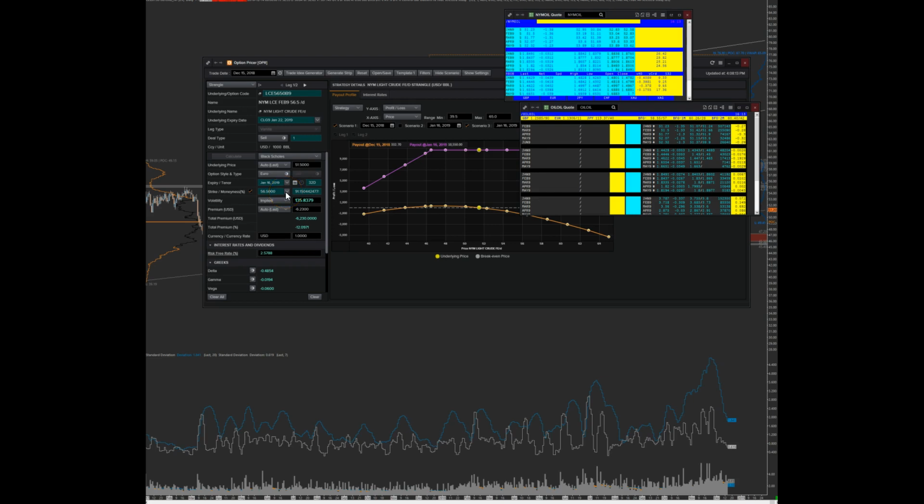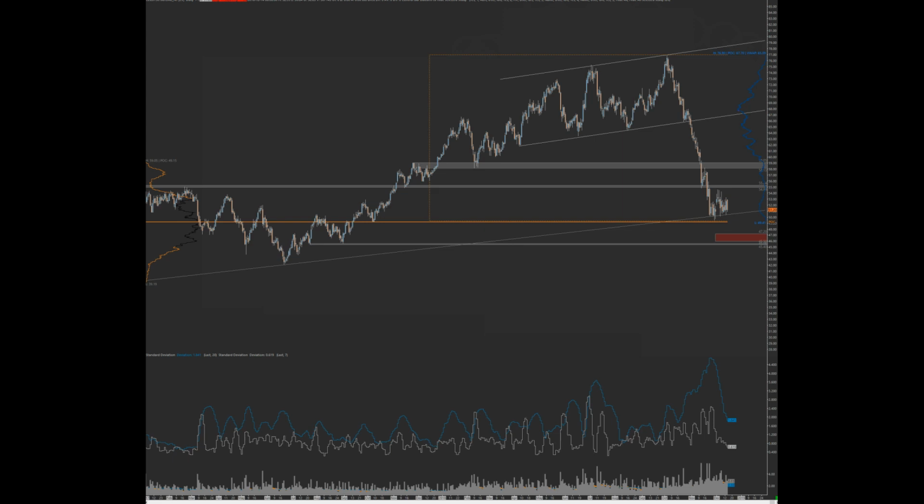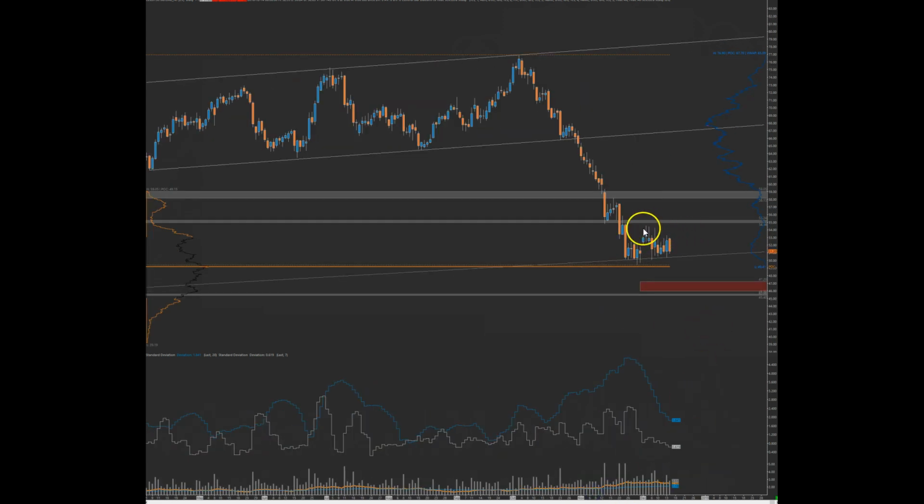Hi, just a quick video. This is on a potential play for crude over the next 5 or 6 weeks. Hold on, let's shift all that out of the way. It looks like we've been coiling, or we are, around this 50-54 area for the last, coming up probably